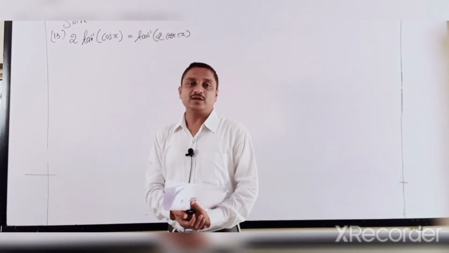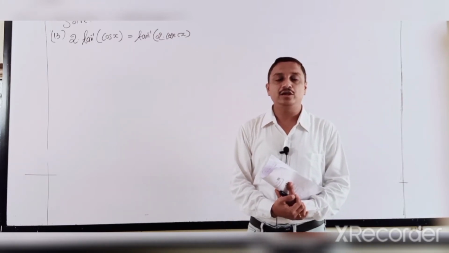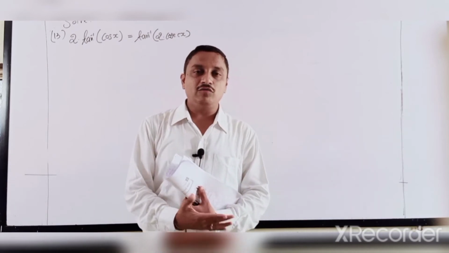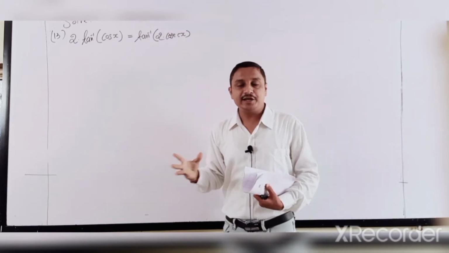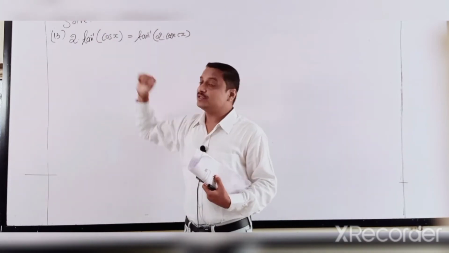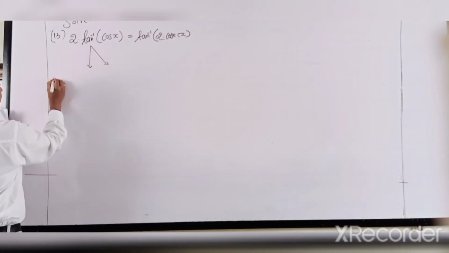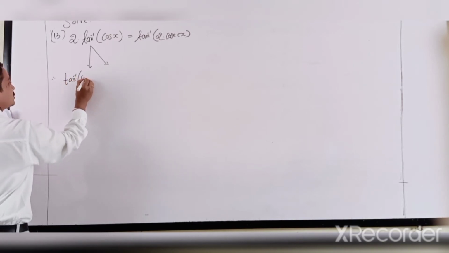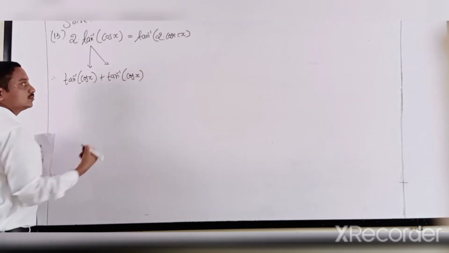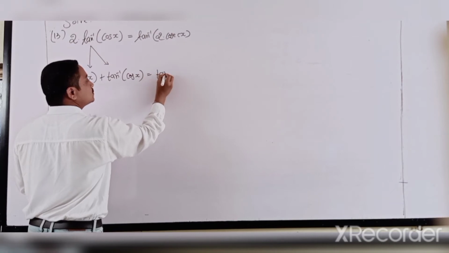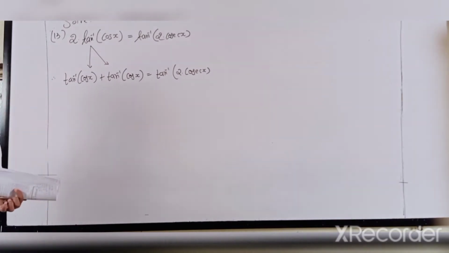Now students, the prove-that question is over. Now I go to solving the following inverse trigonometric function. Solving means, students, I utilize the left side as well as the right side and derive the value of x. That value is our final answer. So first of all, I just write down 2 times tan inverse cos x plus tan inverse cos x, and that is 2 into cosec x. So finally,